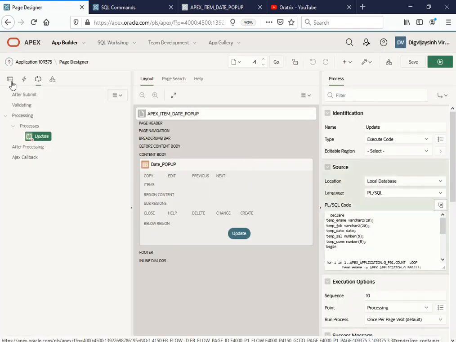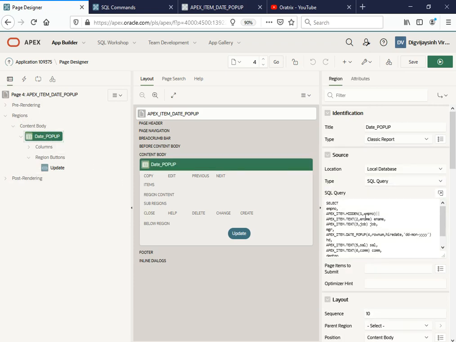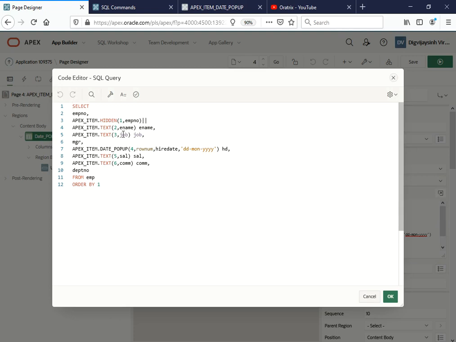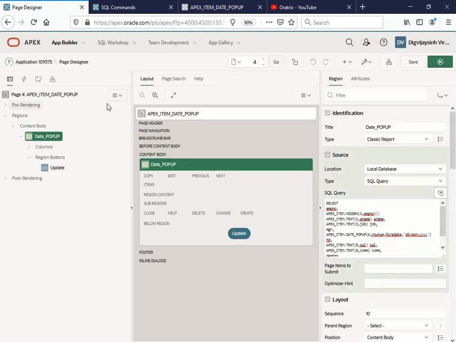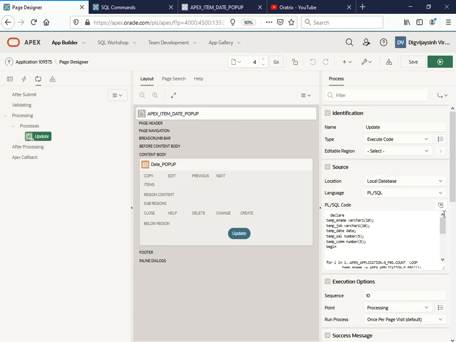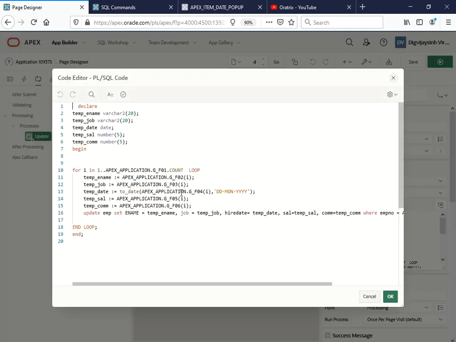If you remember, 02 is nothing but my employee name. Let me just full screen it. Yes, 02 is my EMP name, 03 is my job. So I'm storing those data. I'm just retrieving the data which I have updated into the text fields. So at second position we have name, at third position we have job, and as far as date is concerned,